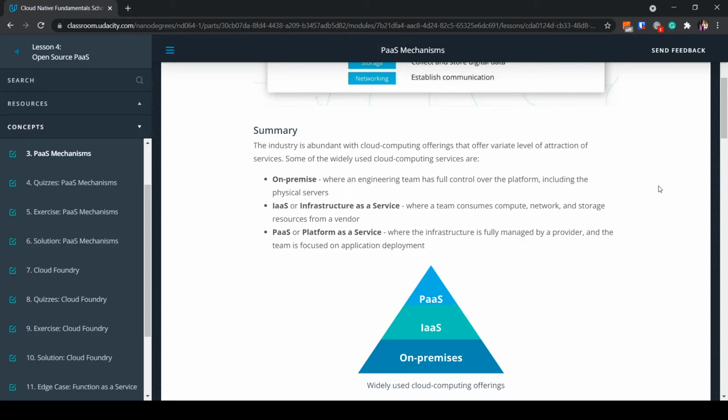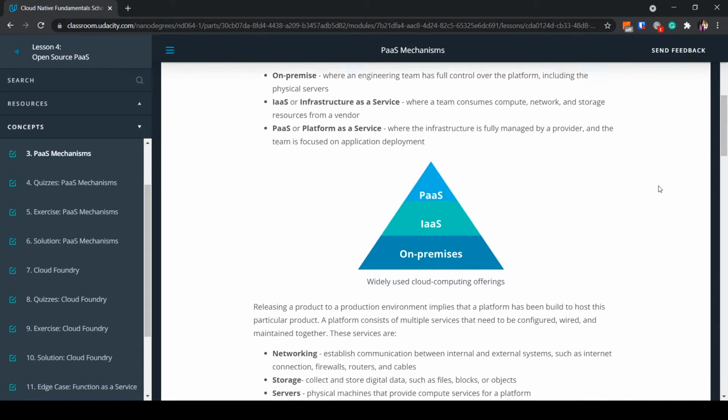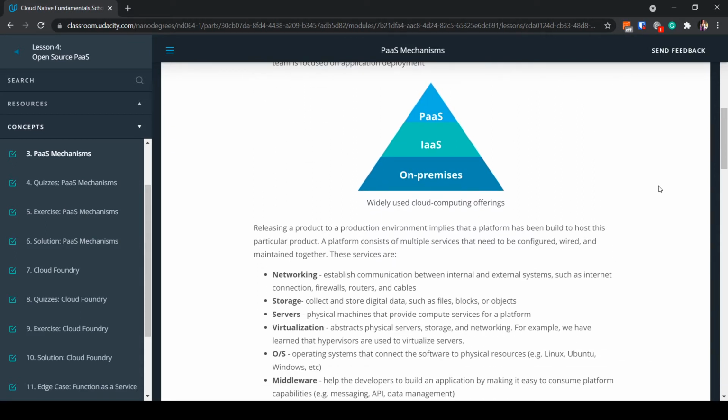On top of all of this is something known as Platform as a Service, or PaaS for short. This type of architecture is when the vendor's engineering team not just provides the physical hardware, but also provides a software layer based on top of that hardware, which includes things like runtime, middleware, etc. So this is the infrastructure that is ripe and ready for deployment of any application, as the infrastructure is fully managed, the physical aspect as well as the OS and other middleware, etc. All of that is directly managed by the vendor itself,